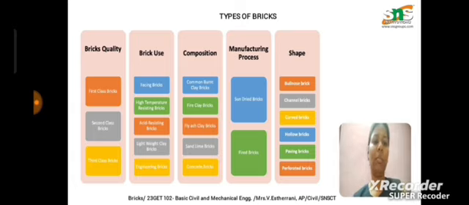Next one is composition. The composition of the bricks mainly is of silica, lime and alumina. These are the three major materials that are used for the manufacturing of the bricks. If we are replacing with fly ash, that type of brick is called fly ash clay bricks. In sand lime bricks, the lime content is